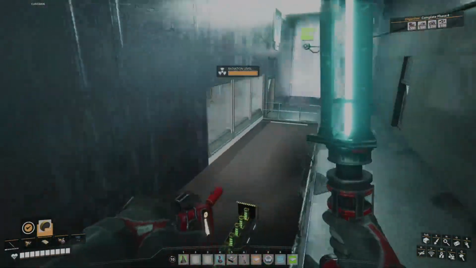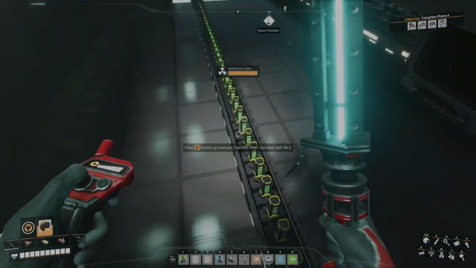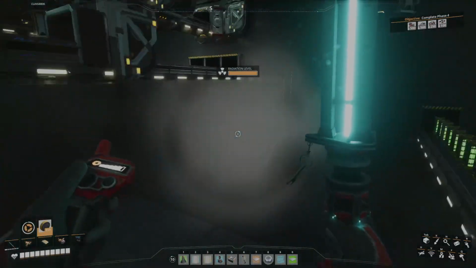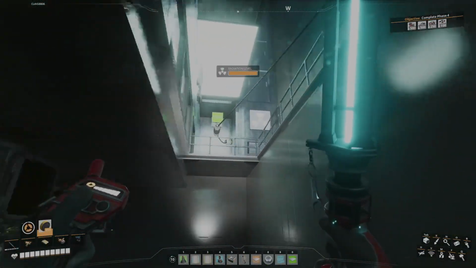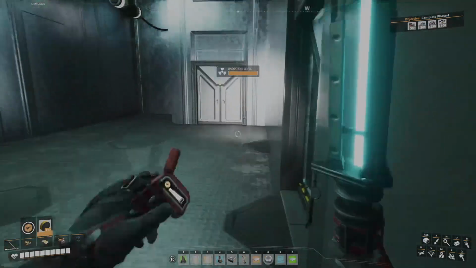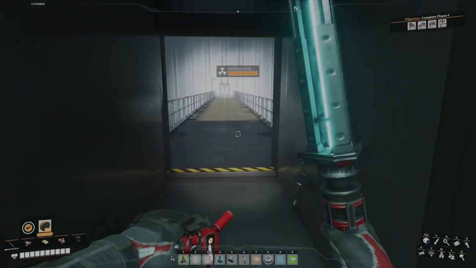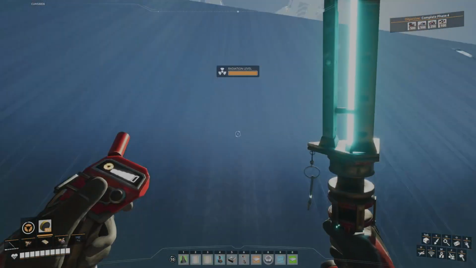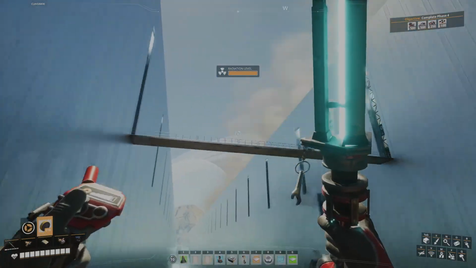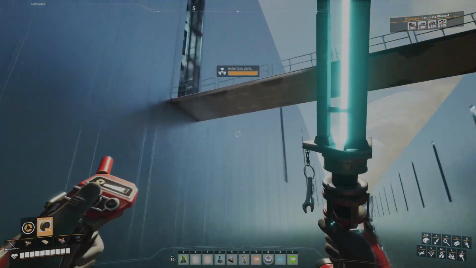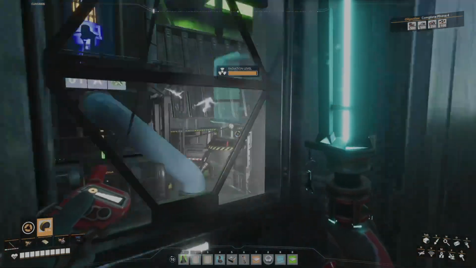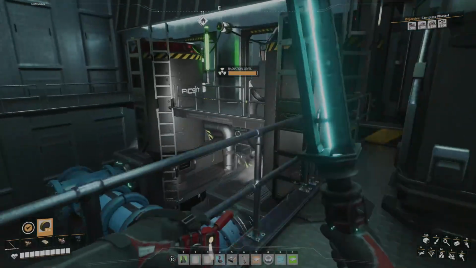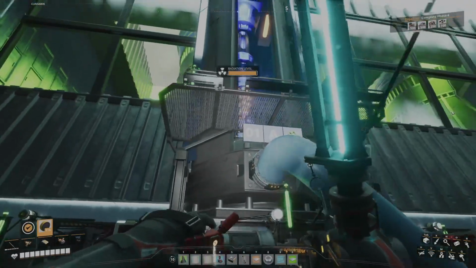If we go over to the actual reactors, I'm not going to go that way because there's an elevator. It would just take longer, which is one of the things I want to fix. Lots of things to fix here. This is not finished by a long shot. There's a lot of wonky things happening. So this is